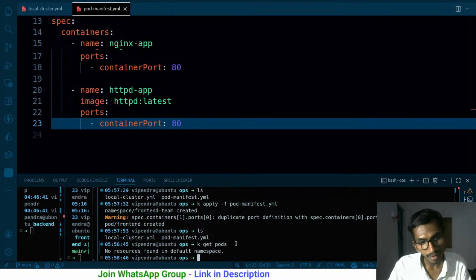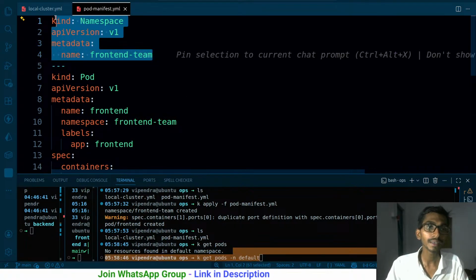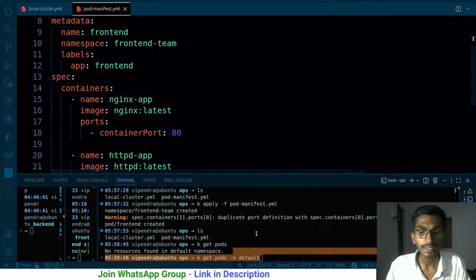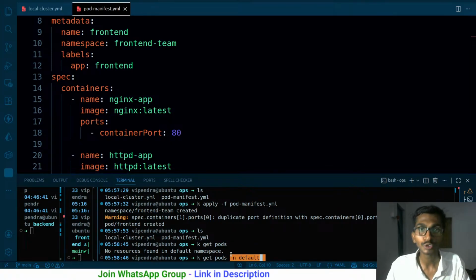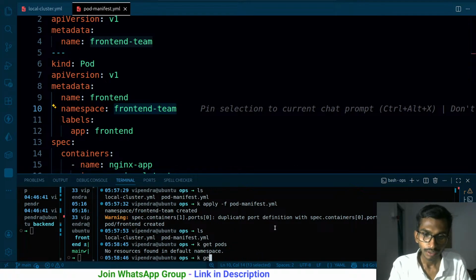Do you remember that when we run k get pods, the default namespace is used by default? But what have we done? We have created our own namespace over here, the front end team. So the pods that we created do not belong to the default namespace, rather they belong to the front end team namespace. So if I say k get namespace,